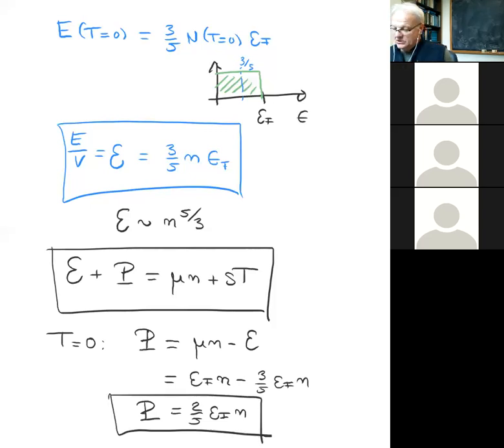Okay. And you observe that again, the pressure will increase as N to the 5/3 as you make the system more and more dense, because the Fermi energy will increase as density to the 2/3. So that's this magic fact that I alluded to last time, that if you take a system of fermions, there's always a source of pressure, even if there's no interactions at all. So if you take a bunch of fermions and you try to compress them, then the pressure will rise, even if there aren't any repulsive forces or repulsive potentials or anything.